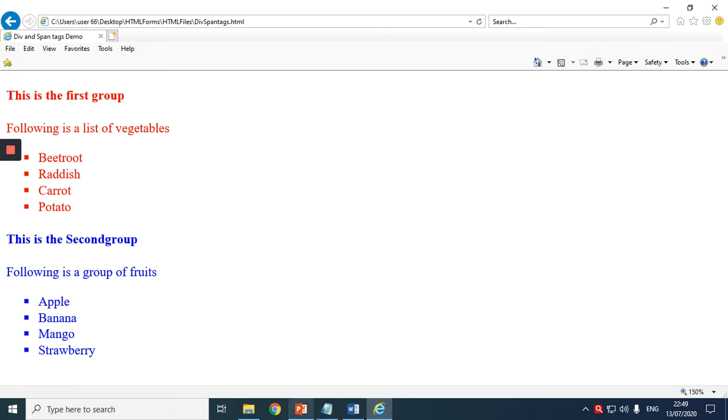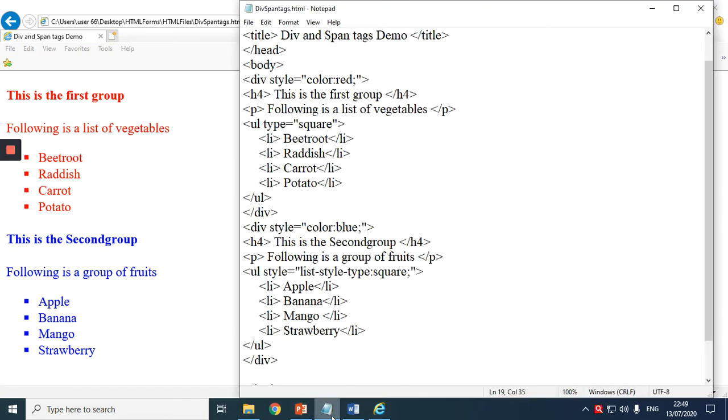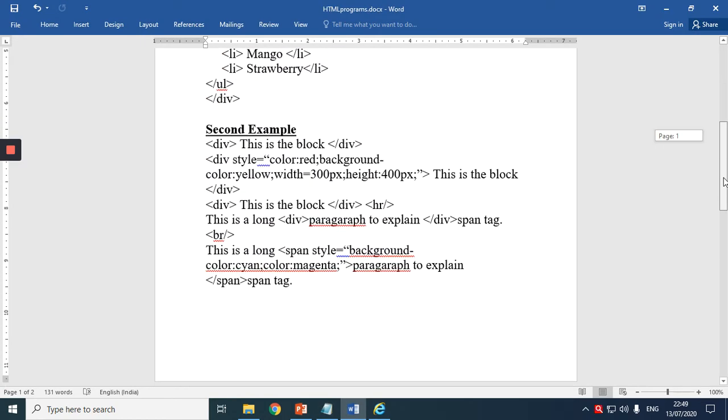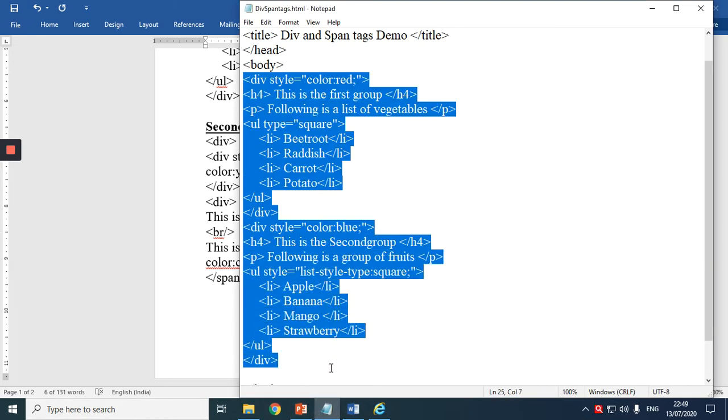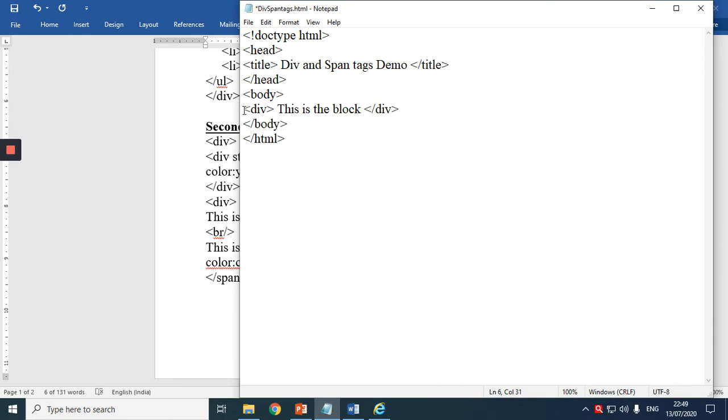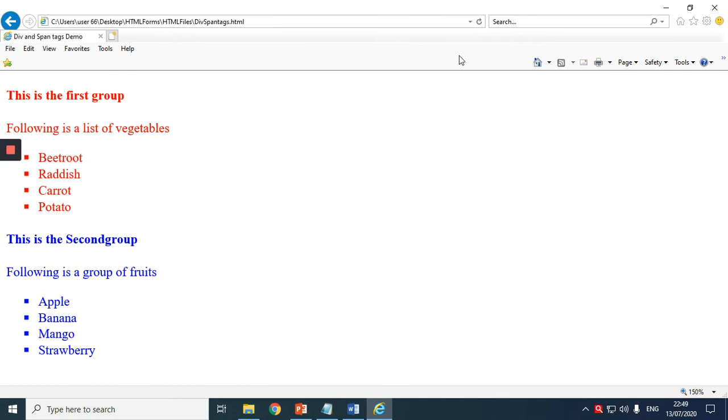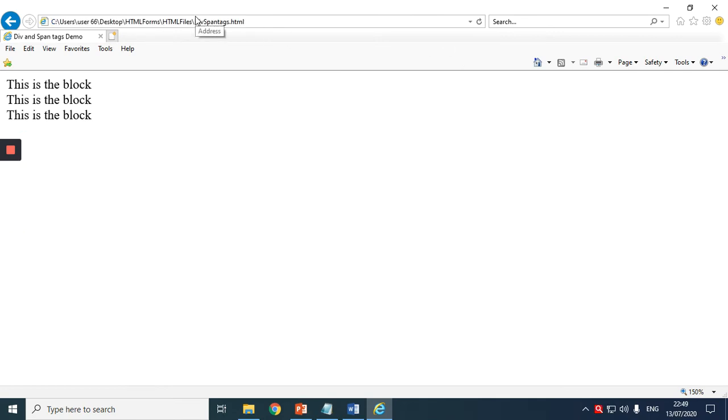Now if the division is still not clear, I'll make it clearer. How? I will place simple paragraphs. I'll show you like this. I'll take this and instead of so many tags, I'll place, observe, Control C, Control V, Control V. Sorry, Control S. I am doing all the changes in one particular HTML page. I don't want to open many pages. See what we have done.